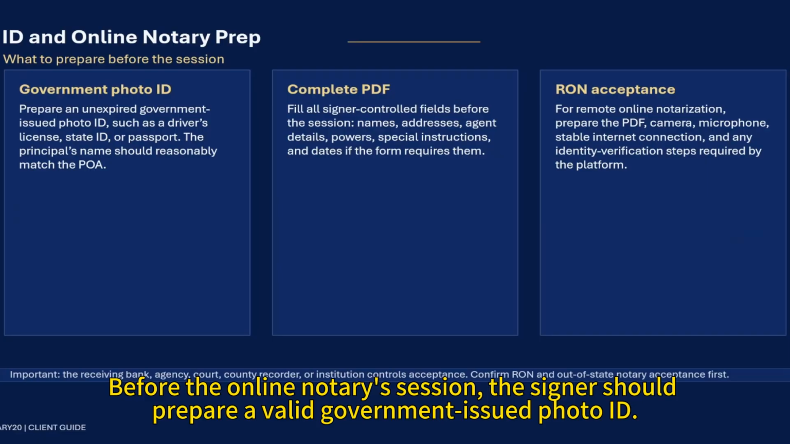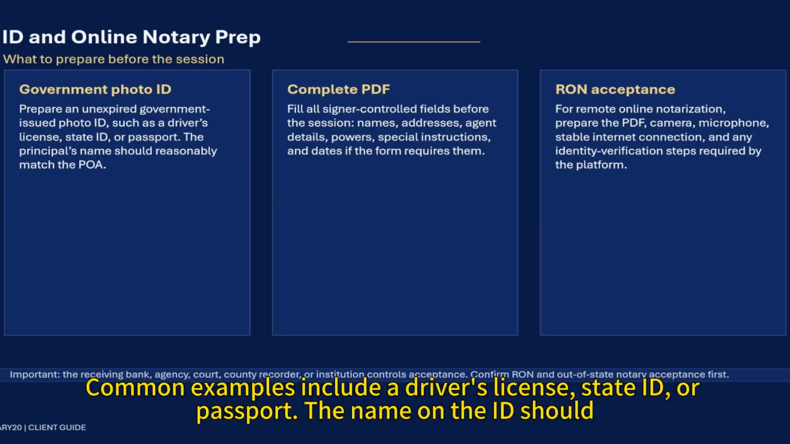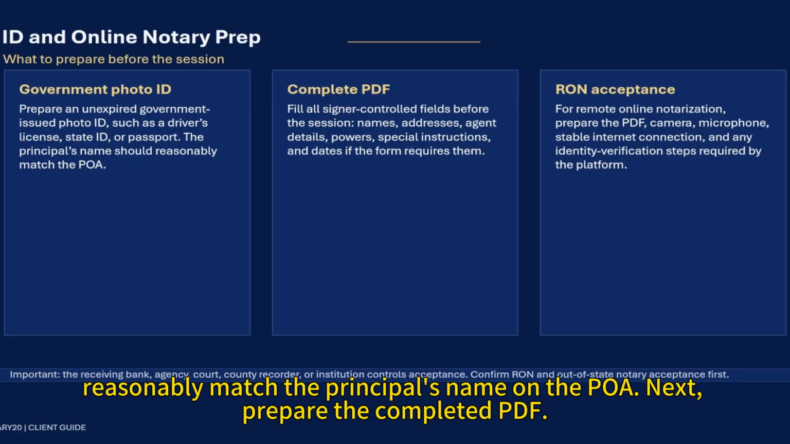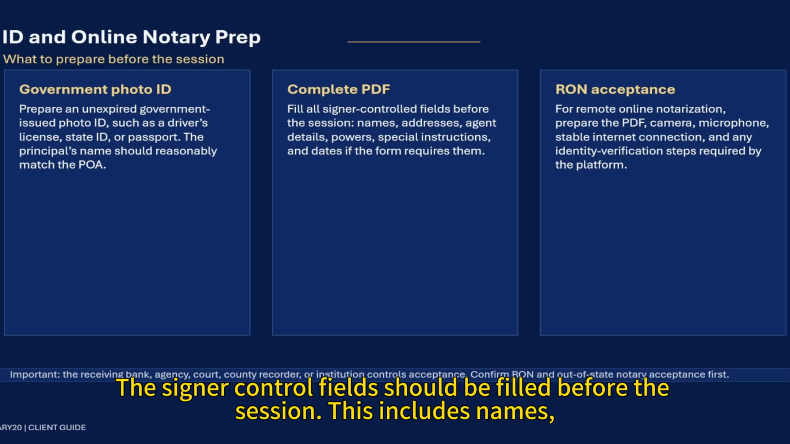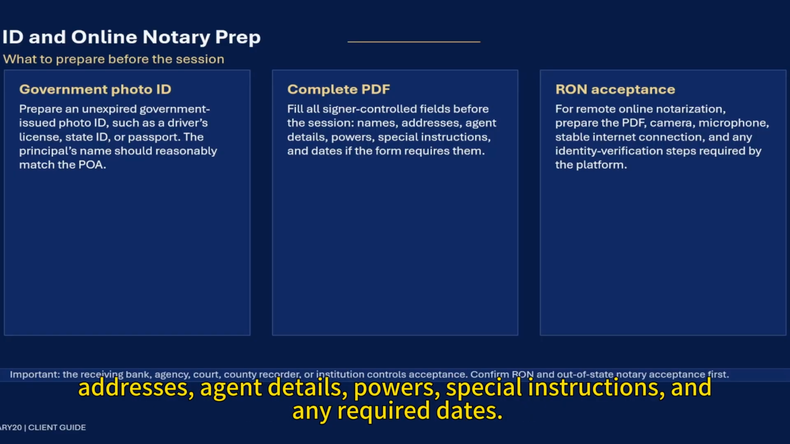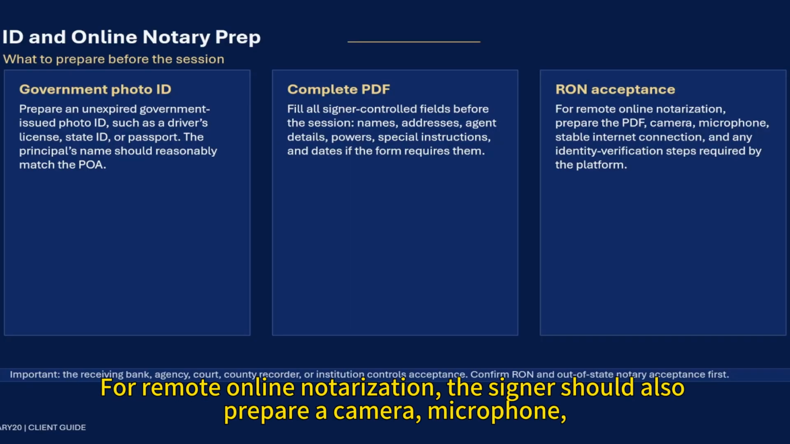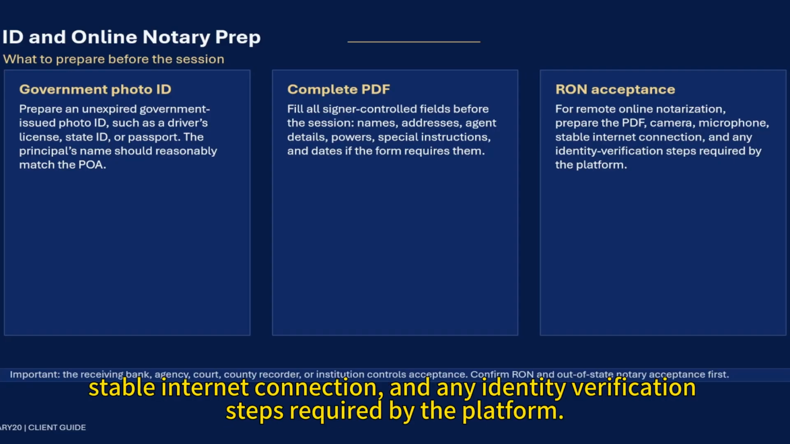Before the online notary session, the signer should prepare a valid government-issued photo ID. Common examples include a driver's license, state ID, or passport. The name on the ID should reasonably match the principal's name on the POA. Next, prepare the completed PDF. The signer control fields should be filled before the session. This includes names, addresses, agent details, powers, special instructions, and any required dates. For remote online notarization, the signer should also prepare a camera, microphone, stable internet connection, and any identity verification steps